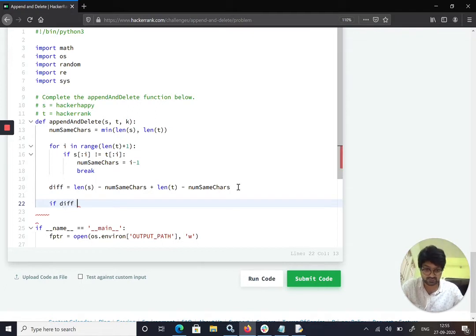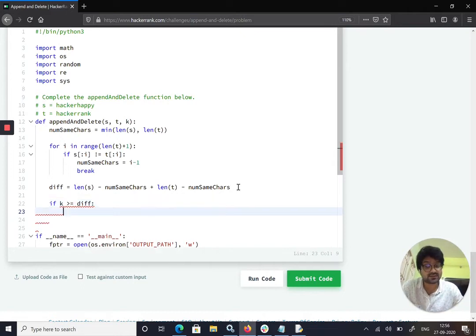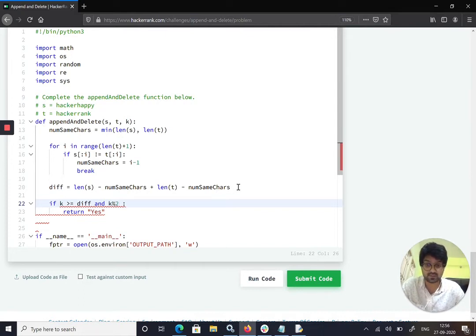If k, the number of operations, is greater than or equal to the difference, then we need to return yes. And we also need to make sure of the edge case, that k modulus 2 is equal to difference modulus 2.